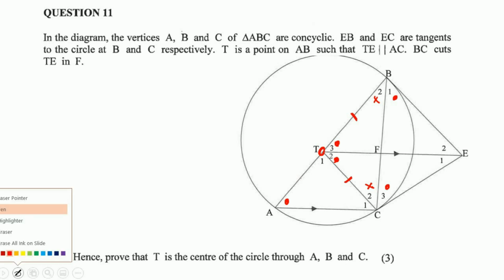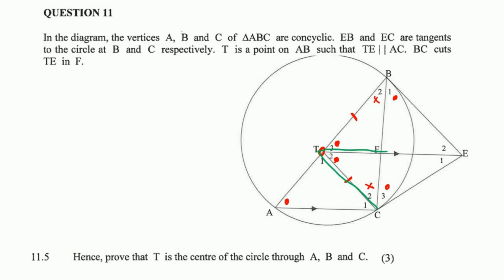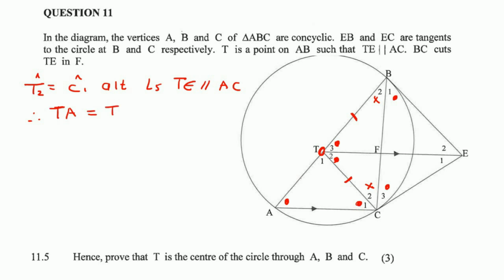So, okay. These are parallel lines, right? So we can just use alternating angles there for T2 and C1. So we can say that angle T2 is the same as angle C1. And that's just because of alternating angles, because of TE being parallel to AC. Okay, so they are the same. And then it's easy. Because these 2 angles are the same, then it means that these 2 sides have to be the same. So therefore we can say, length TA would be the same as TC. Why? Because they are the sides that are opposite